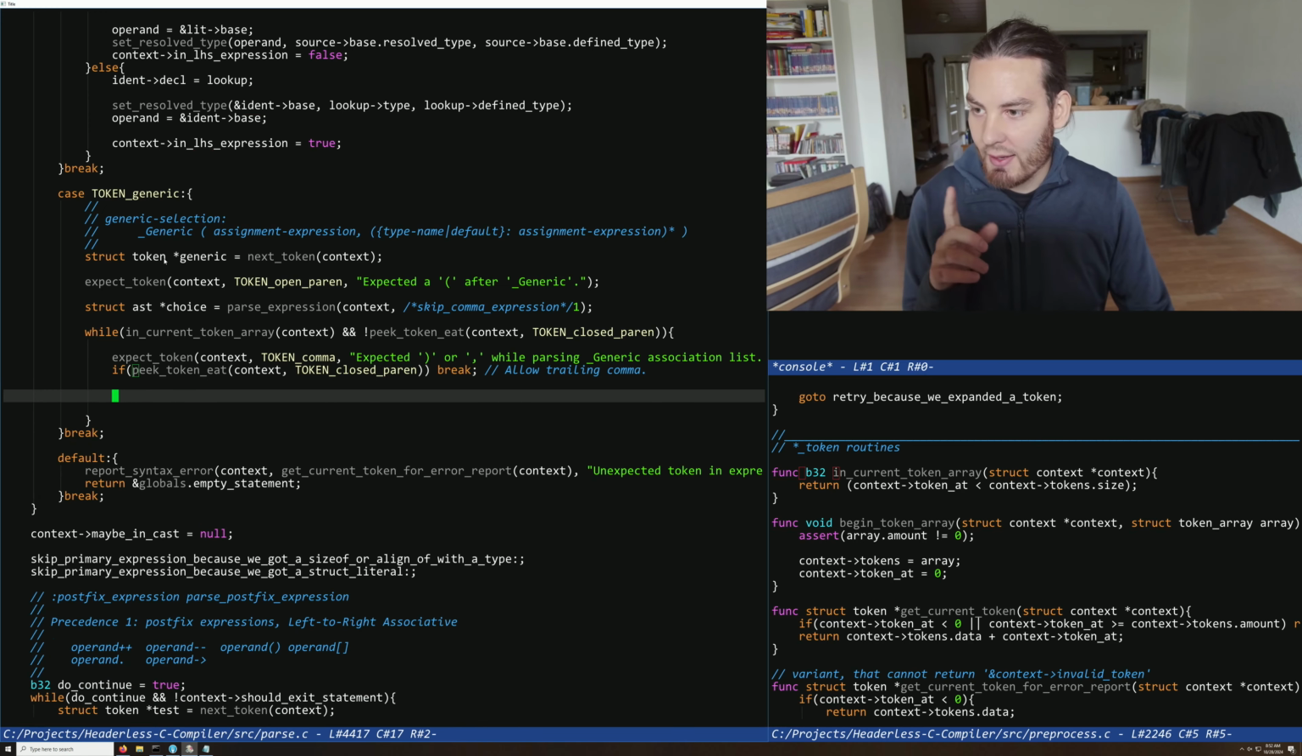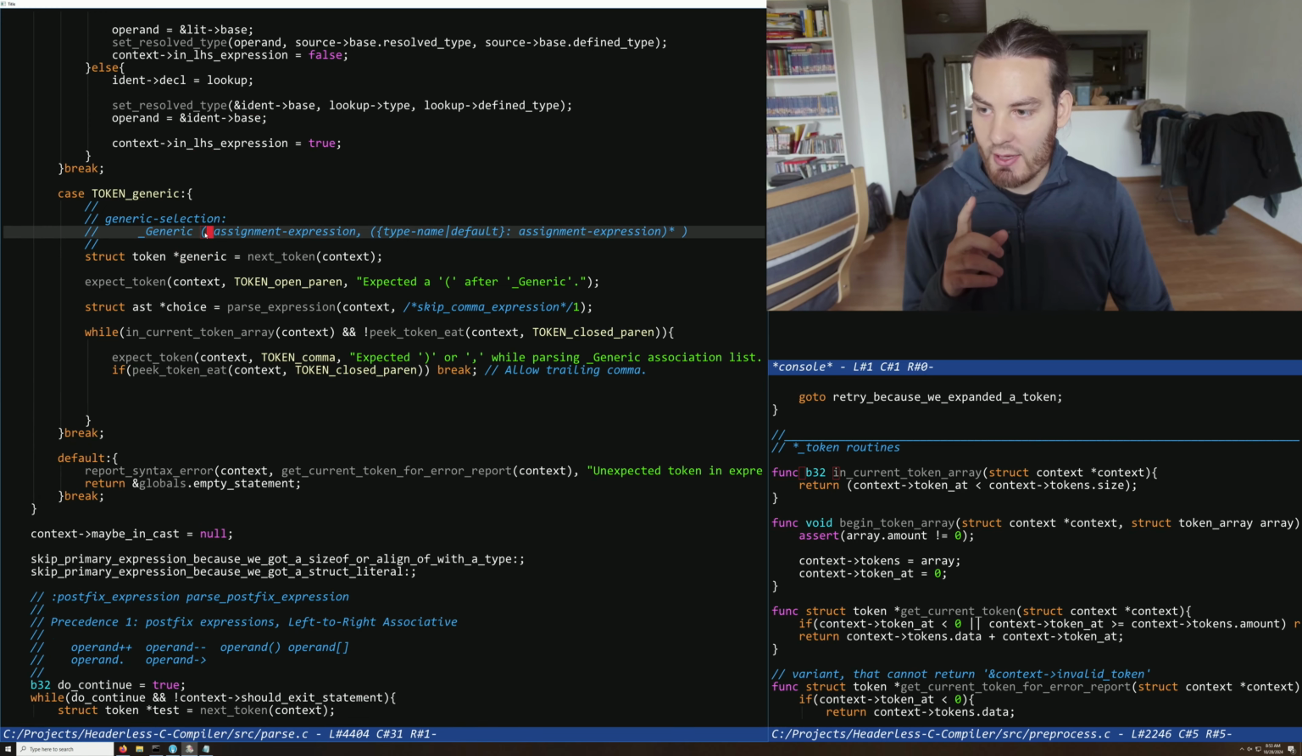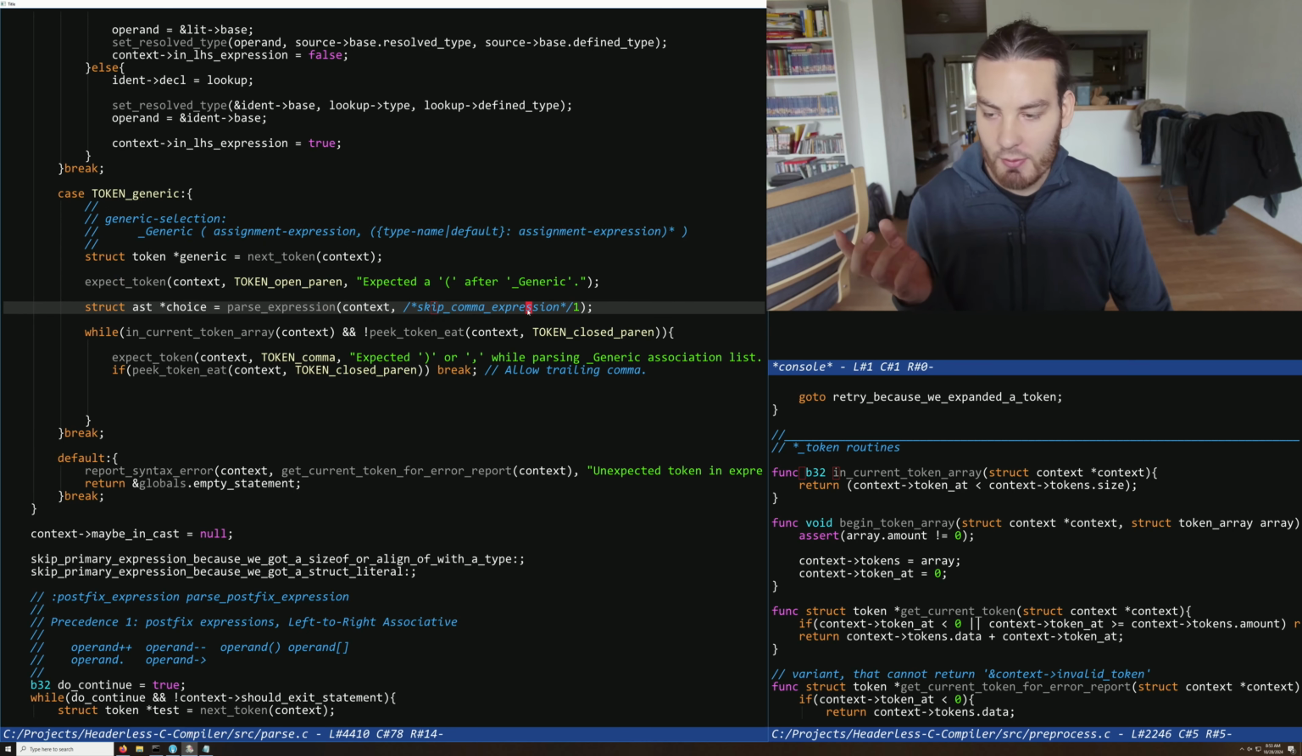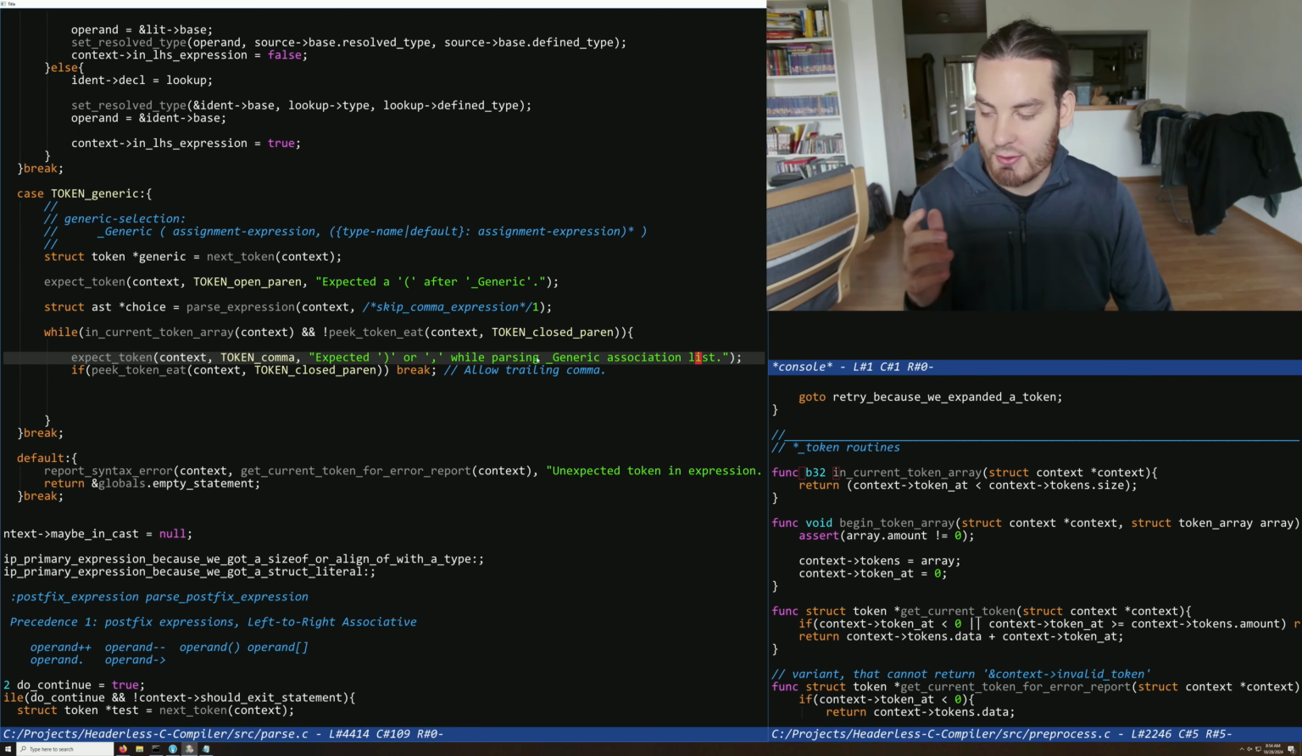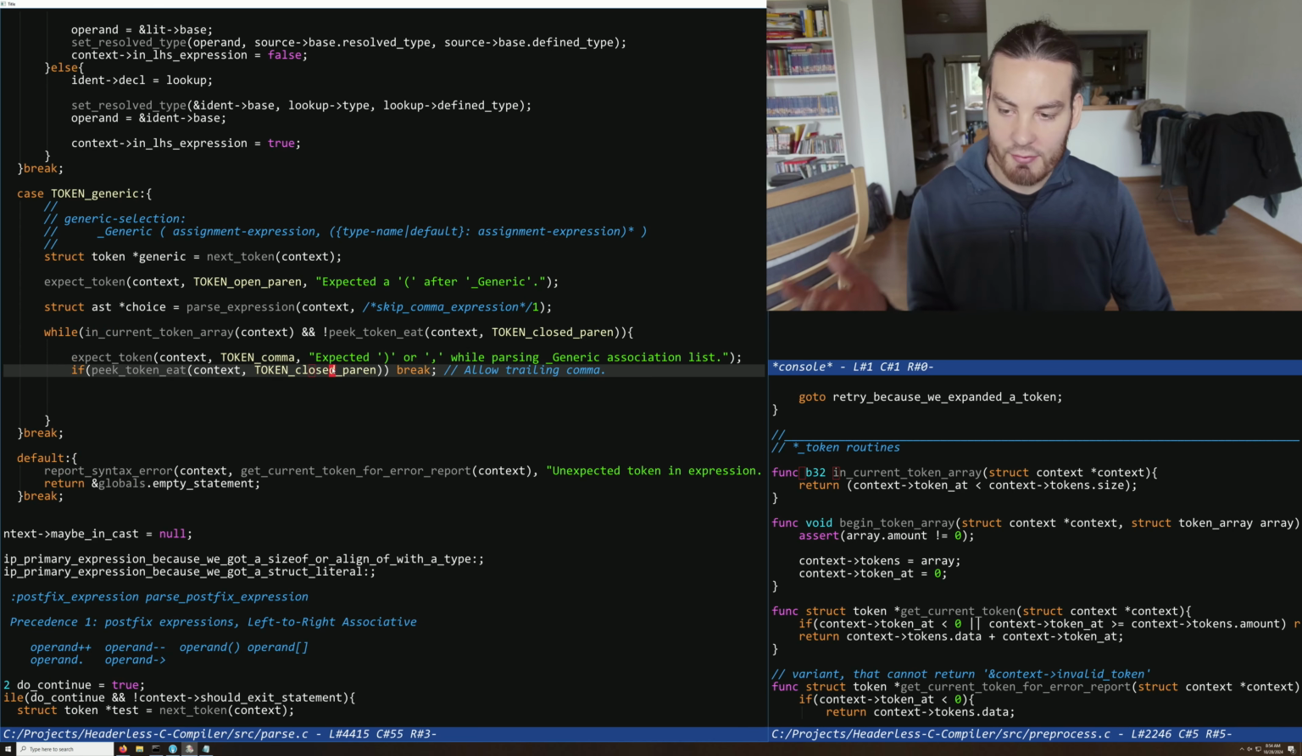So for now, we simply get the generic token. Then after that, we expect an open parenthesis. Then we parse the assign expression. Again, assign expression simply means parse expression with skip comma expressions. Then I continue to parse the generic while we don't have a closed paren. Then if it's not a closed paren, it has to be a separator token, like the initial comma or any later comma. And so I tell it, okay, I expect either a closed paren or a comma while parsing the generic association list, and I allow a trailing comma,